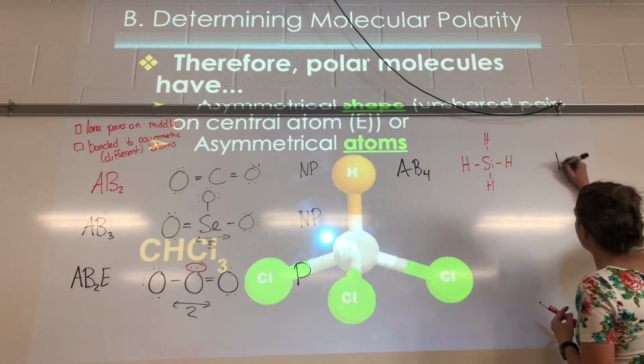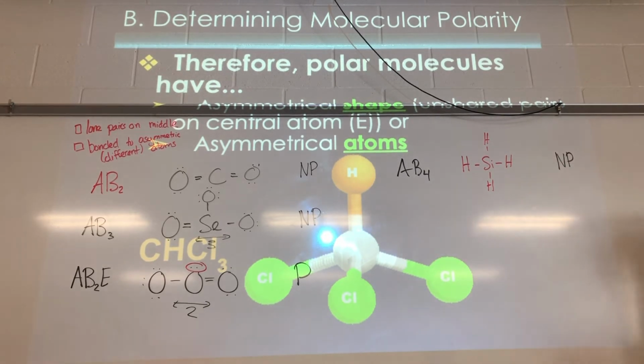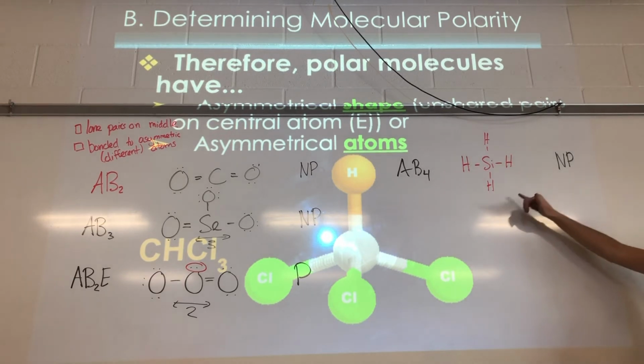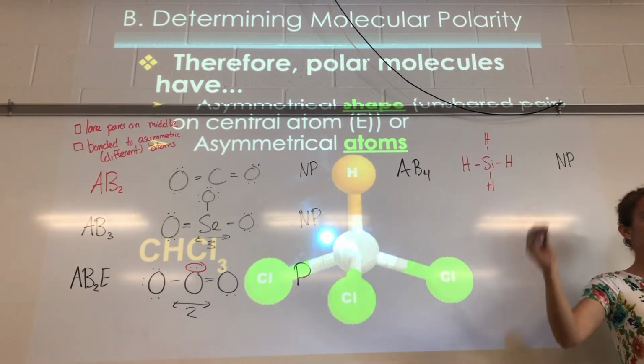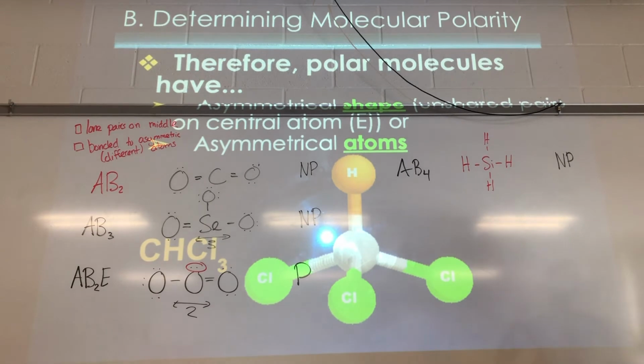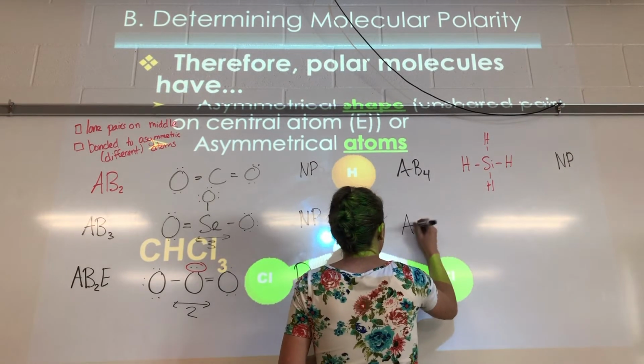All right, if you're saying non-polar, have a smiley face. Why is it non-polar? Yeah, perfectly symmetrical, right? Doesn't have lone pairs. All of them are H's. Balance means not polar. So one of the biggest things is don't flip the definition. Otherwise, you'll get them all backwards on the quiz. Okay, so polar, I think of the word 'poline.' A polar molecule is 'poline' because it's not balanced. Okay? All right, next example,